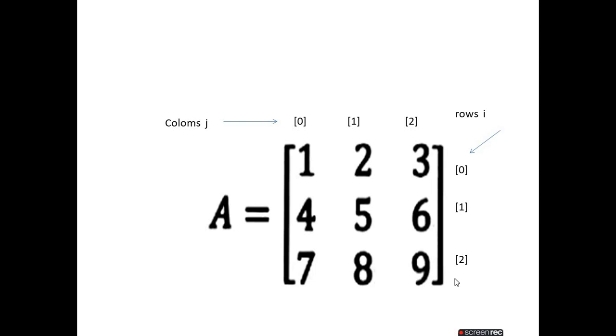This is a 5 I belong. What is the position of 9? This is row 2, so row 2, column 2. That's how we are finding our element's position. Row 0, row number 1, row number 2. Column 0, column 1, column 2. It means first comes the row, and after that comes the column.